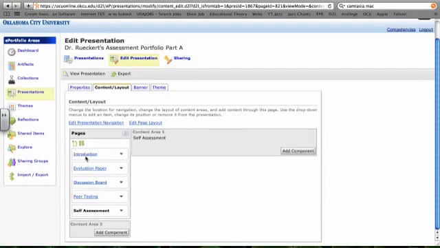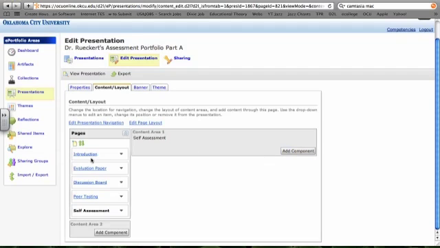If you notice, one of them is in black, the rest of them will all have their links. It means we're on self-assessment right now, and that's where I'm going to add components. So if I have something to insert into my paper or into my portfolio, this is how I actually put things in it. If I want to put the evaluation paper into my ePortfolio, I'd have to go through adding